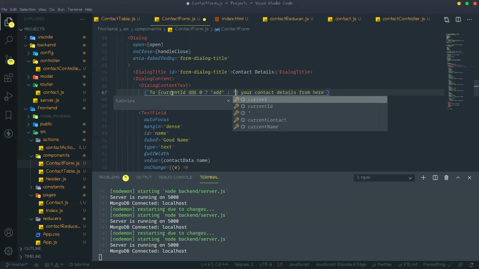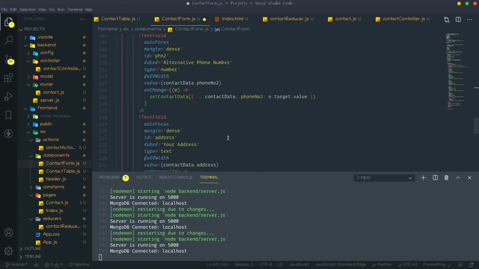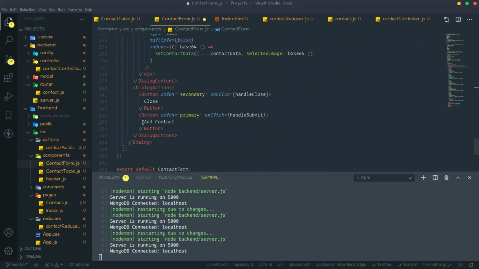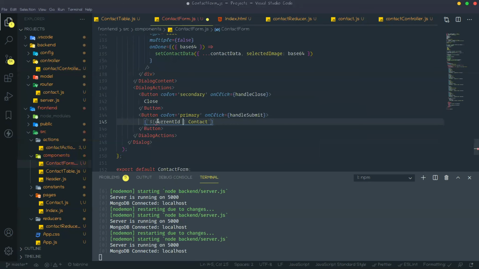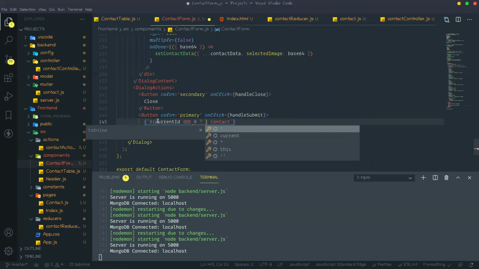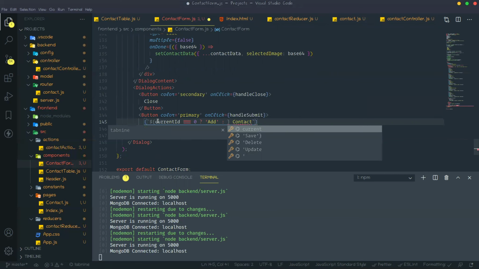If not, then this should be update. Same way, we need to change the button label also. Here, if that current ID equal to 0, then this should be add. If not, then it should be update.